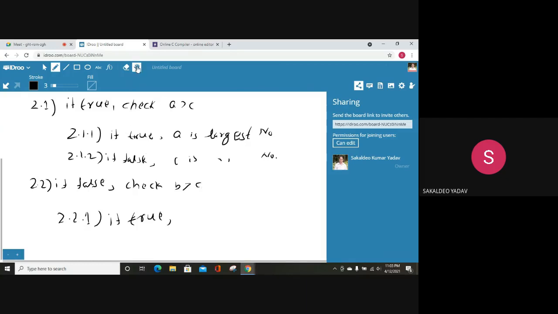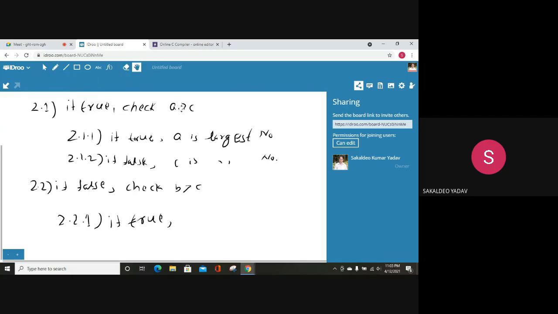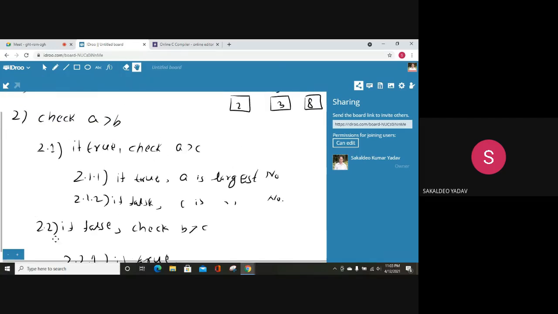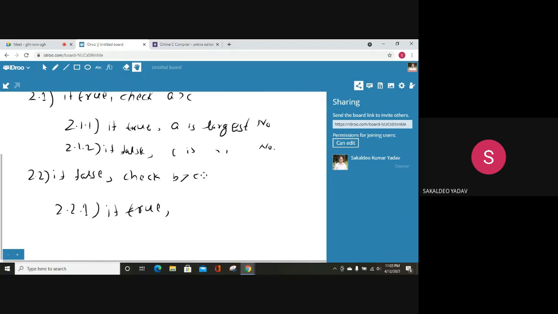Once you have checked this, only then are you going to this part. If A is not greater than B, this condition is false, and you are checking B is greater than C. So when B is greater than A, we are checking whether B is greater than C or not. If this condition is true, we can easily say that B is the largest.